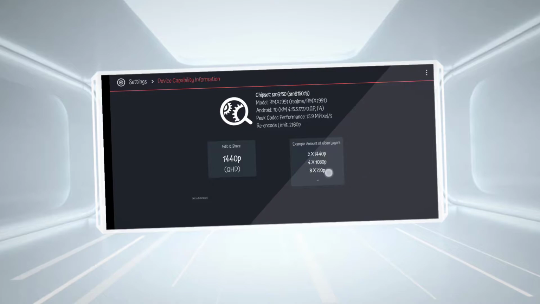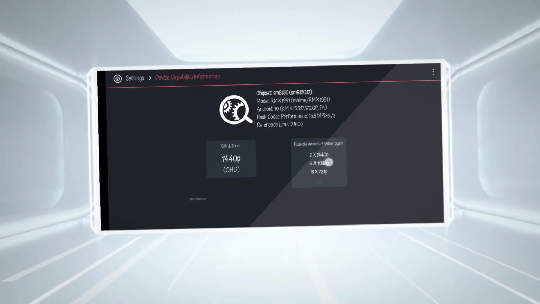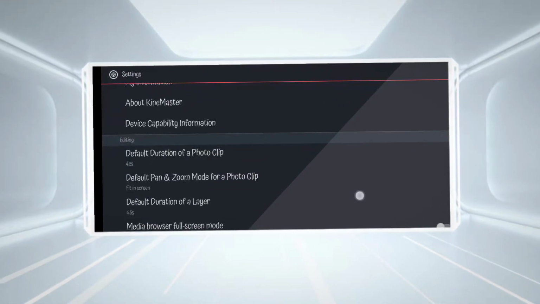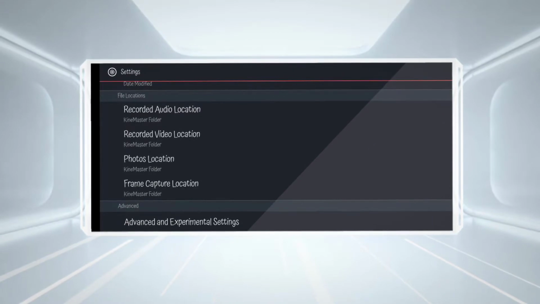Device capacity. With the finish or 1K. Let's do something else.